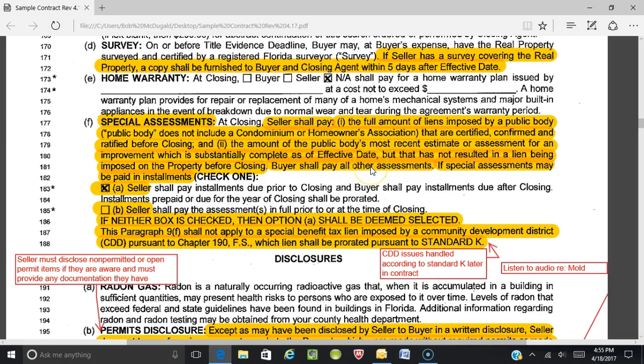What could the assessment be? It could be a street paving assessment. It could be a tax, just a one-time tax increase. Again, these are not homeowners association assessments. Those are different because those are there as well. But these are things assessed by a public body, whether it be a city, a county, some other municipality that's doing this. And so, again, you might get into a little bit of a fight about if it's substantially complete,